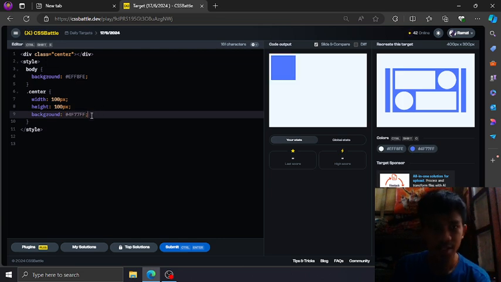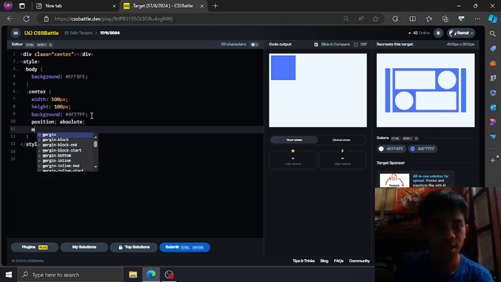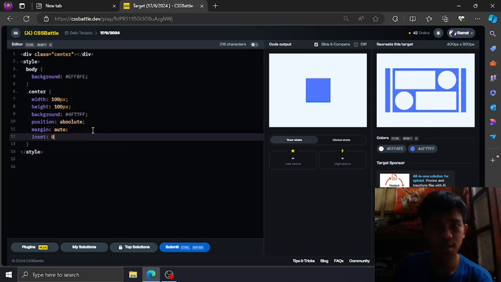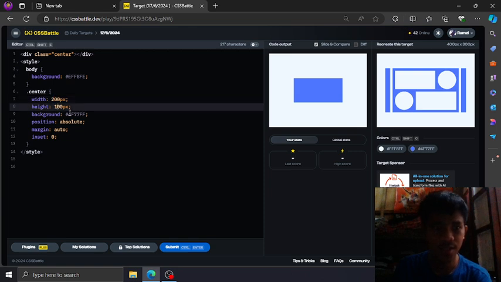Okay. Then put this on the center. Absolute. Margin auto. Position column. And then insert 0. And then adjust the height, the size, so the width and the height.